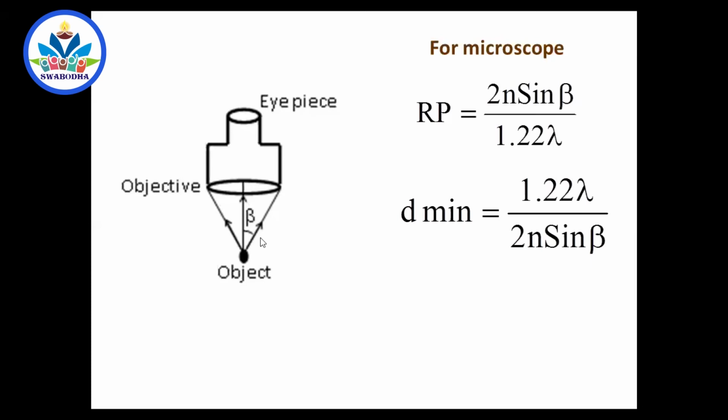You know, in a microscope we use an eye lens and an objective, and the objective forms a magnified real image, and that image is taken as an object by the eyepiece. The eyepiece forms another enlarged image. The total magnification is the product of the magnifications. All these things we have studied. Now, what do you mean by resolving power? What do you mean by limit of resolution? See, d minimum is the limit of resolution. RP means resolving power. I'll define it. That definition is not here. These are very important, both formula as well as definition.